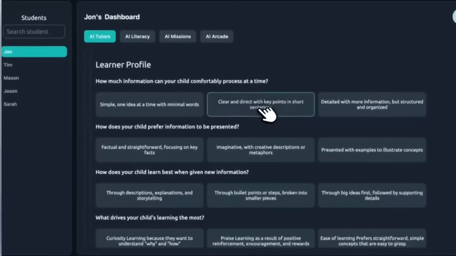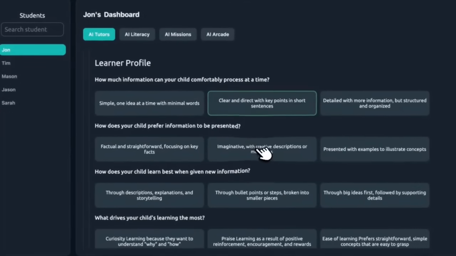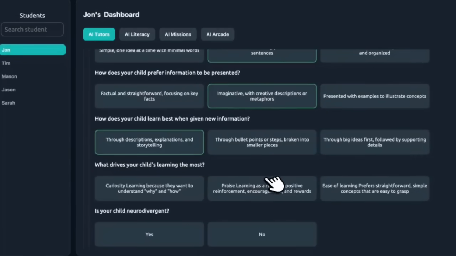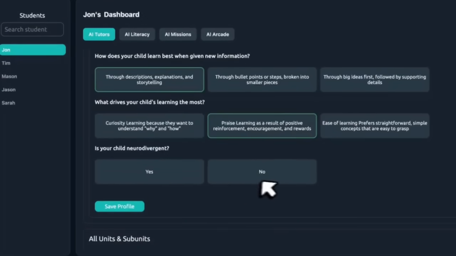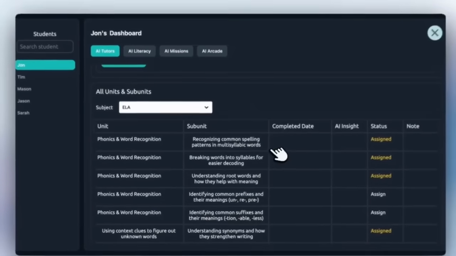They also set up detailed learning preferences, such as what the students' reading levels are, how they process information, what motivates them, and finally, whether they are neurodivergent or neurotypical. Once this profile is set, everything in LittleLit is personalized to the child's learning style using the power of our